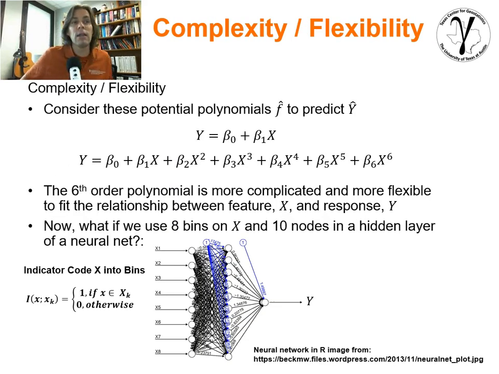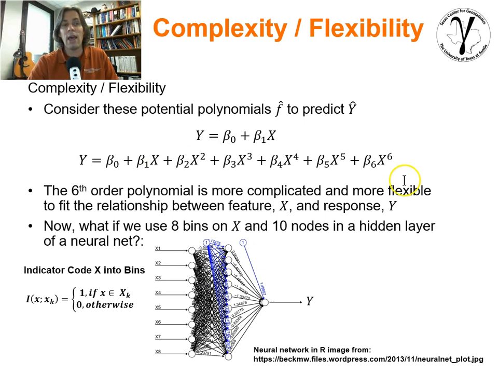Now there's a complexity and flexibility decision or opportunity here. And so let's put some definition around that. Well, consider an example of multiple different models to try to predict y, and we have different models, functions or models f hat, which is our estimate of that model. And so one of them could be a very simple linear model where we just use one variable and we just have a linear weighting of that variable. It's a completely linear model with a constant and a slope in order to make a prediction of y. That's a first order linear model, very simple.